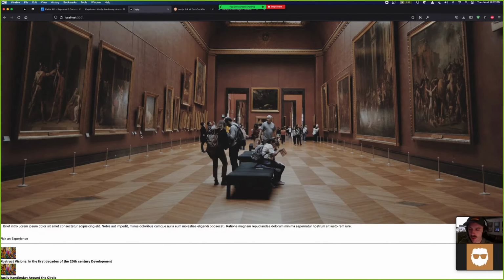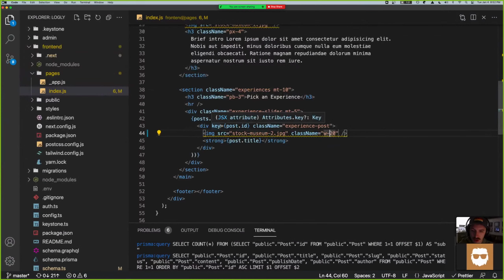Okay, what do I want to do? I want to create a container. So we're gonna say flex, and then we're gonna say mx-auto, margin auto, and then in Tailwind, how do I say width?